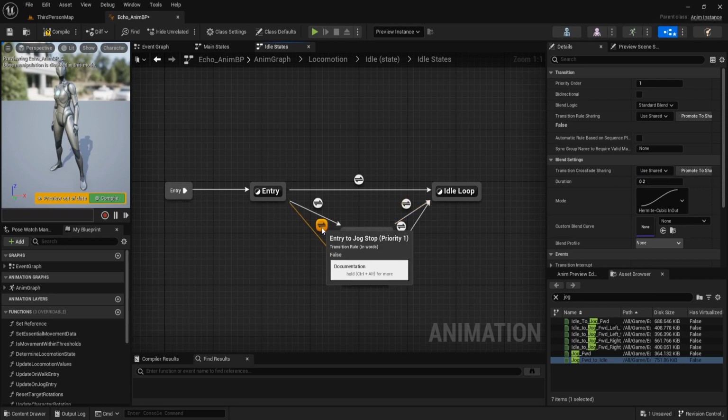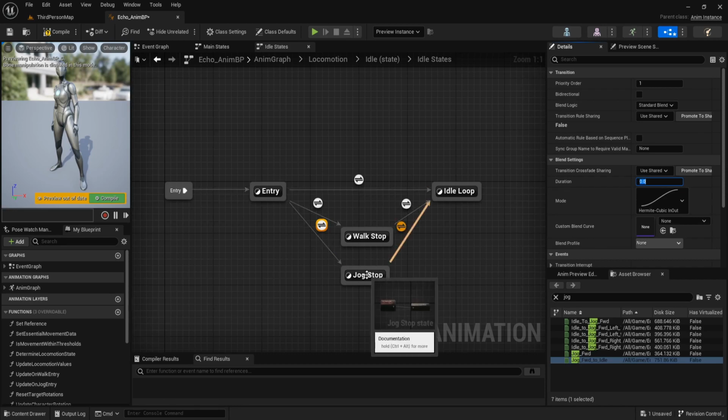For the jog stop, priority order is 1 and this duration is 0. When the duration is 0, we play this jog stop animation immediately.